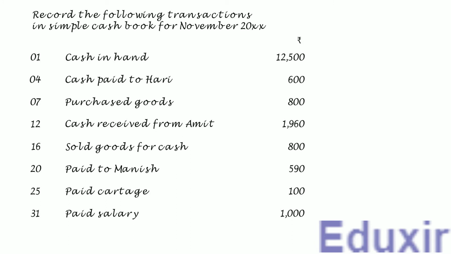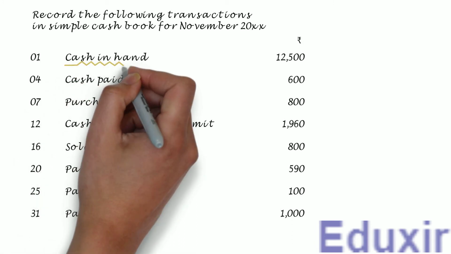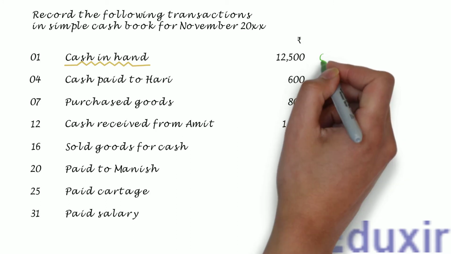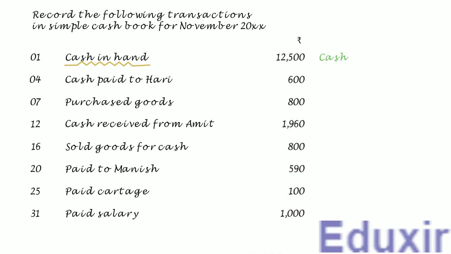In the first transaction, the business has 12,500 rupees of cash in hand. Note that, just like most of our previous problems, this is not a case wherein the business is started from scratch. So, this transaction is balance brought down from the previous month. As you know, the cash at hand is an asset and let us mark it as cash asset. The rule to record an asset brought down is to debit the corresponding asset account. In this case, the cash asset should be debited. With this analysis at our disposal, let us proceed with the posting of this transaction into the cash book.